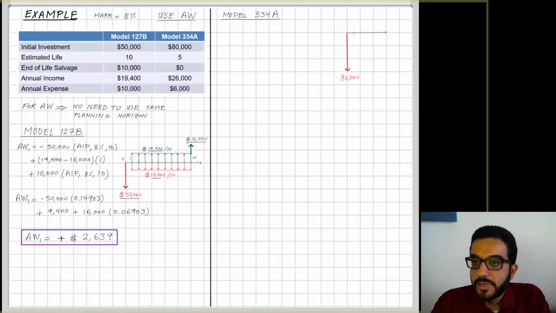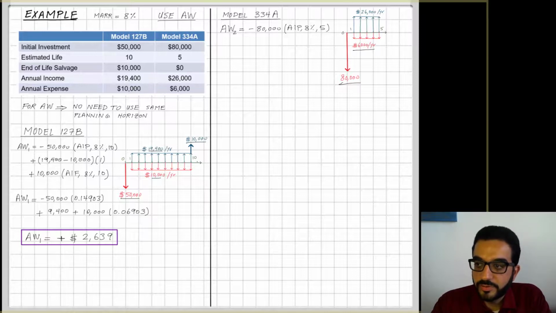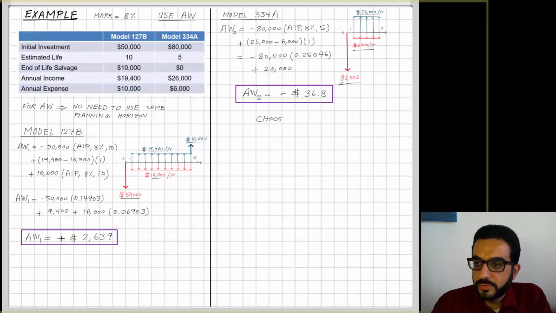The second model, I don't have to extend it over 10 years. Just one cycle of it is enough because I'm using annual worth. And I have here the initial expense, 80,000, A given P, 8% and 5 years. And then the 2 uniform series cash flows of income and expense. And they are uniform series of 5 years, which complies with what I'm trying to calculate. So it's multiplied by 1. And then I'm done. I have all the values, all factors, and I end up with annual worth here of